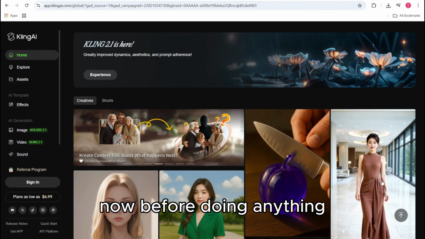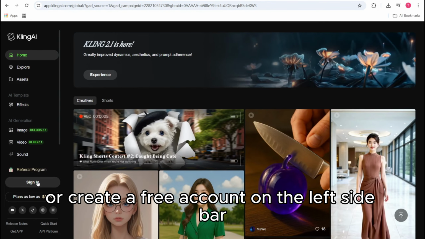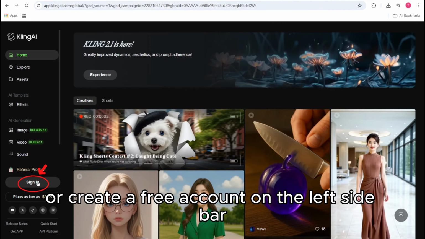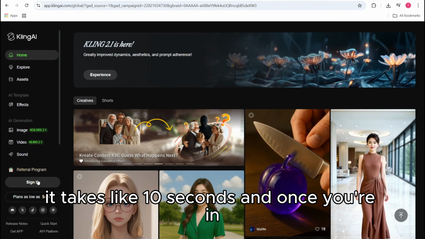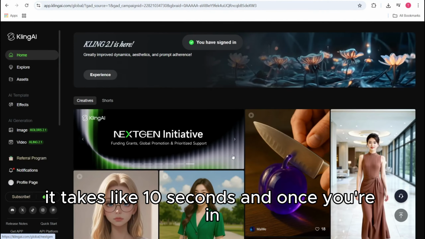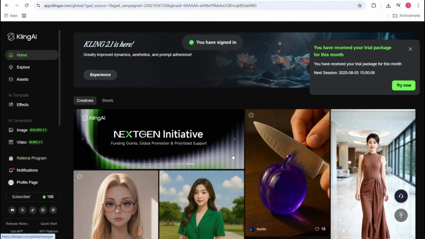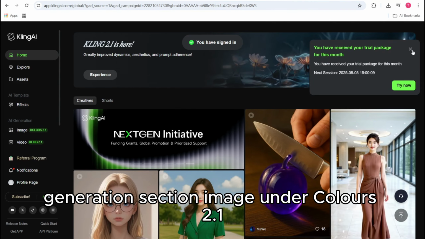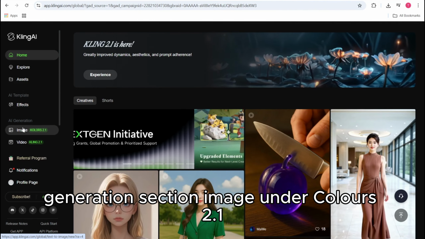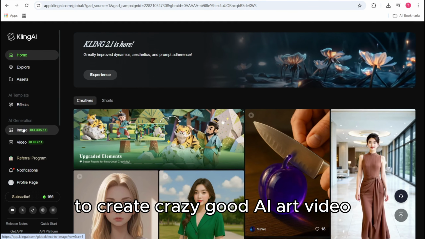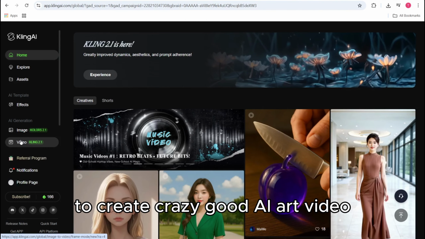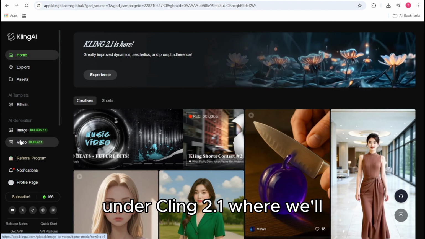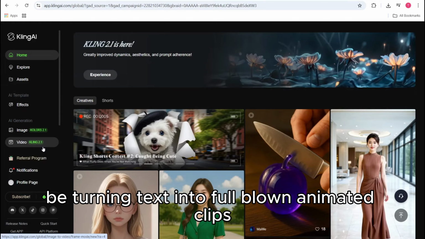Now, before doing anything, just hit sign in or create a free account on the left sidebar. It takes like 10 seconds, and once you're in, the fun begins. You'll notice two main tools in the AI generation section. Image, and Video under Kling 2.1, to create crazy good AI art video, where we'll be turning text into